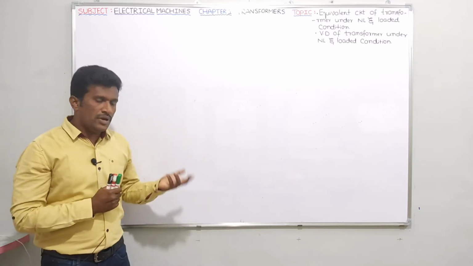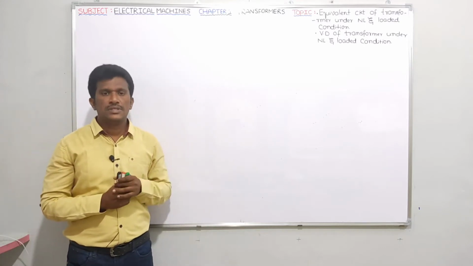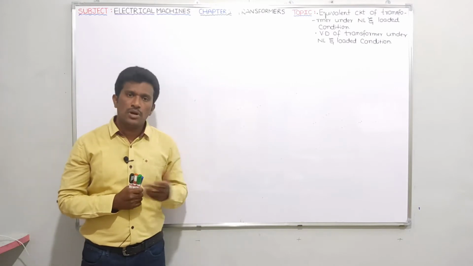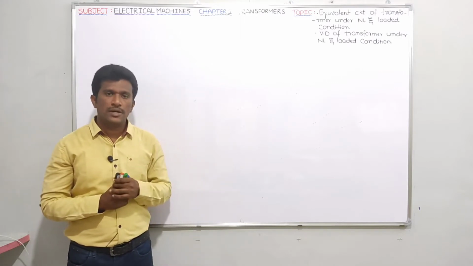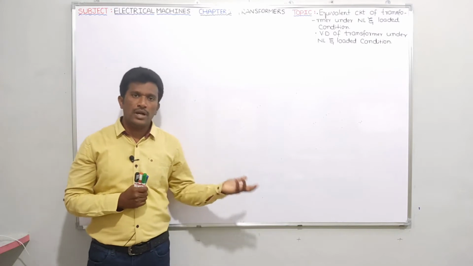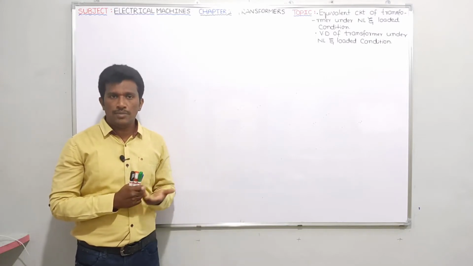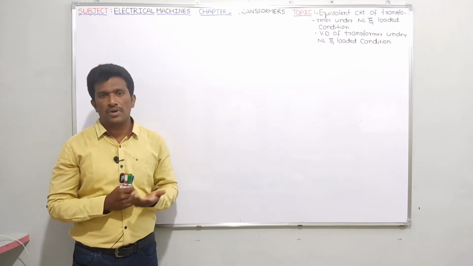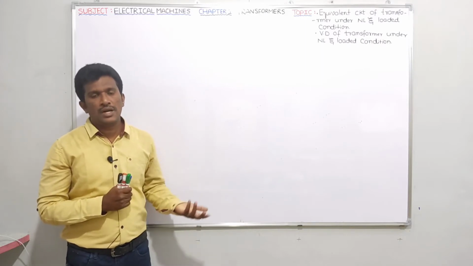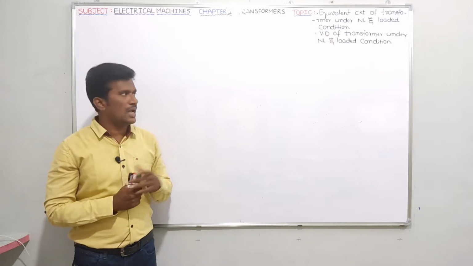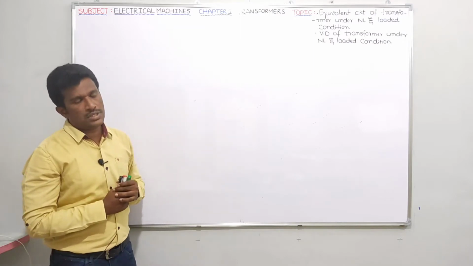And the angle between V1 and IW, I said, is in phase. I had given the value of IMU as 4 to 5% of full load current, and the value of IW as 1 to 2% of full load current. I0 is the vector sum of IMU and IW. I0 value is 5 to 6% of full load current. So what is the name I had given for I0? Exciting current of transformer. Like that I had given some conclusions in the previous video.